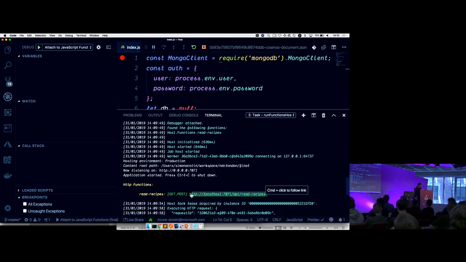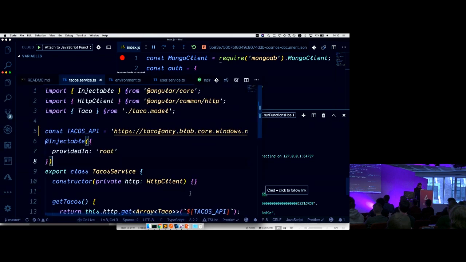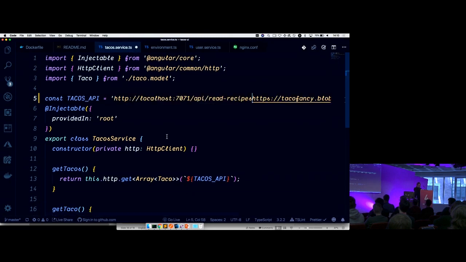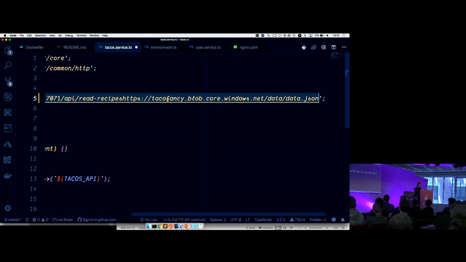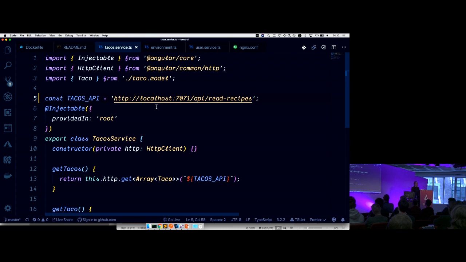So in order to connect our Angular application to our endpoint, I have to go and replace the URL that I have defined in my Angular service with the URL that my serverless endpoint has generated. So this is everything I need to do to replace an existing backend with the serverless one.